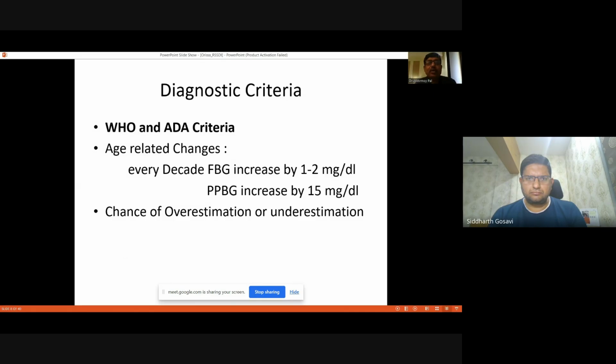As per the WHO and ADA criteria, there is an age-related change. I told you the postprandial blood sugar changes mostly. The fasting blood sugar changes by 1 to 2 milligram per dL per decade, but postprandial changes by 15 milligram per dL per decade. So in the elderly population, if we try to screen diabetes only by fasting glucose, there is a chance of underestimation. That is why in the elderly population, when we go for screening, you should do both fasting and postprandial